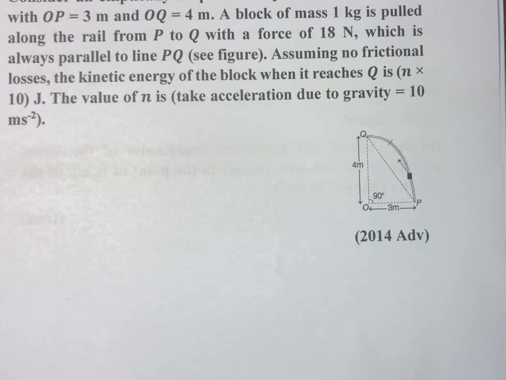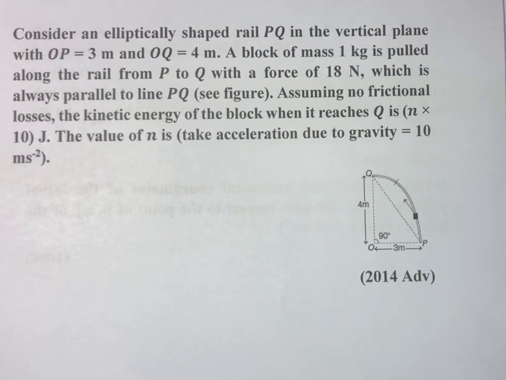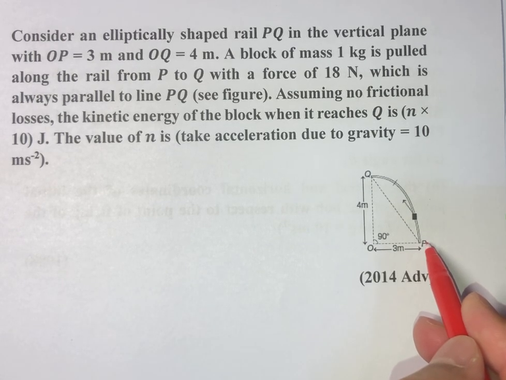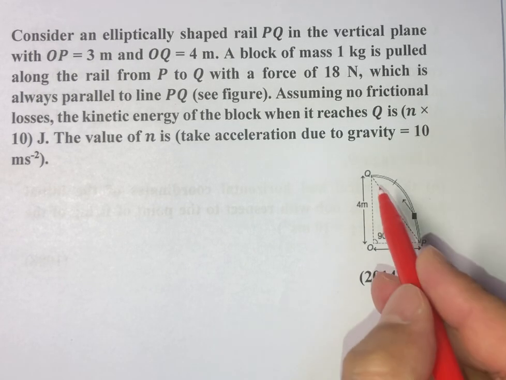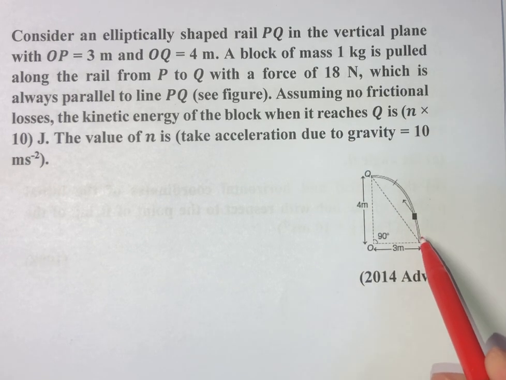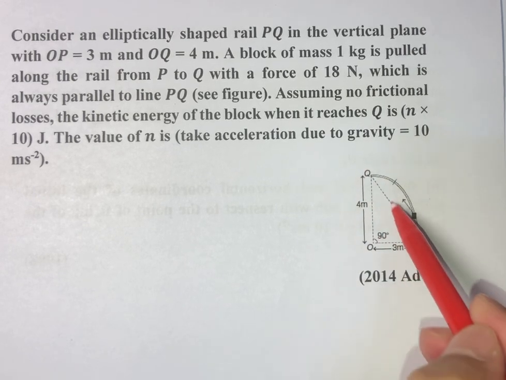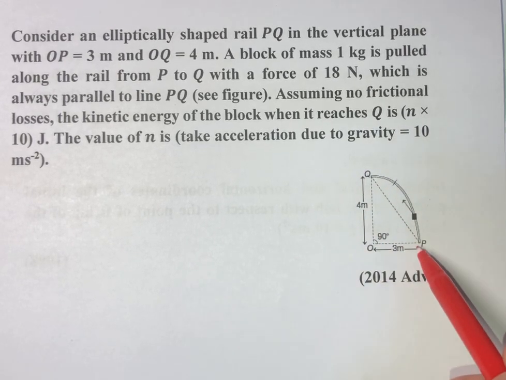So in this case, we can say that the block is taken from P to Q and it follows the elliptical path PQ, but the displacement will be the hypotenuse of this triangle